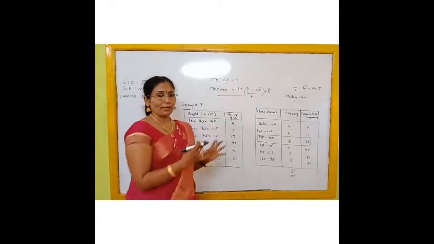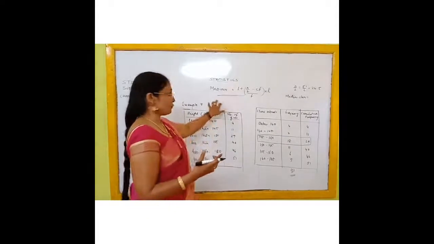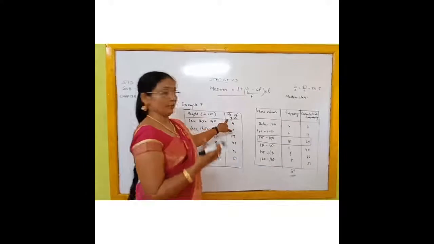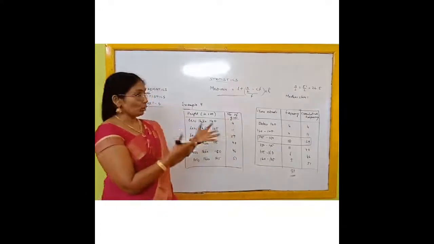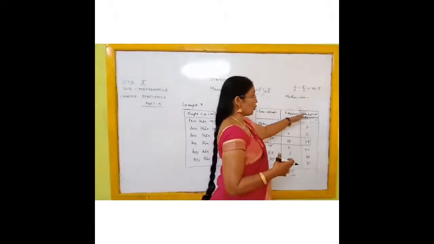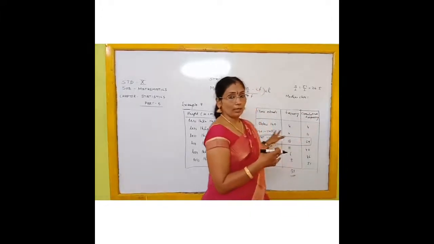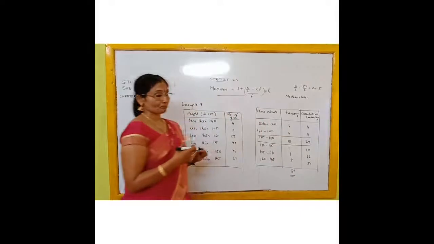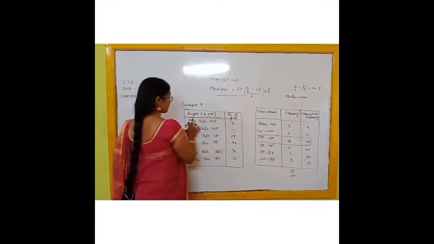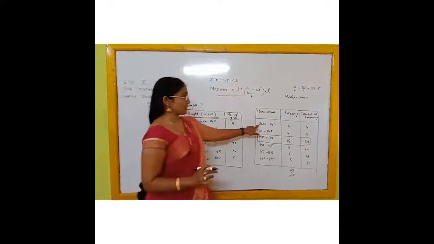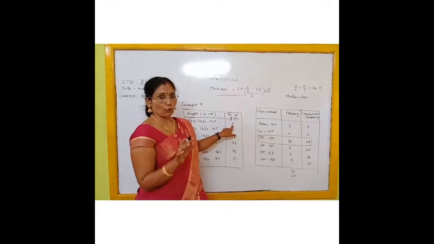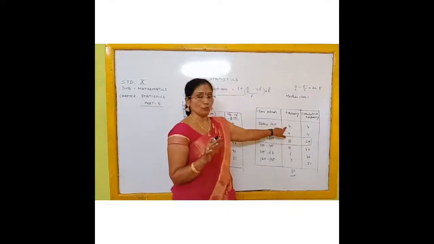So you have to find out the class interval. You have to find out the median of this frequency distribution table. But you know that these are the cumulative frequencies given. So you have to make out the class interval, and at the same time the frequency also, for finding out the median of this given data. Now here it is given height in centimeters, less than 140. So you will write down the first class interval as below 140 only. So the number of students is 4 only. That means the frequency is 4.